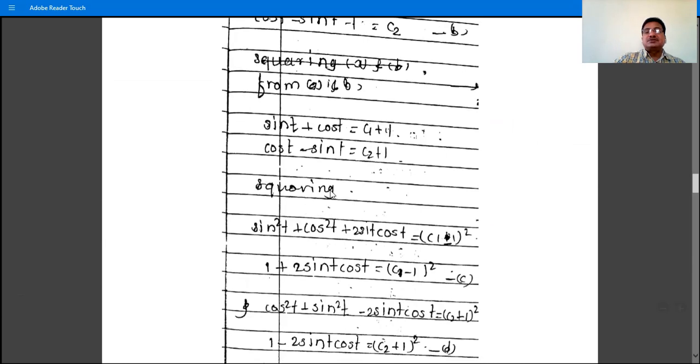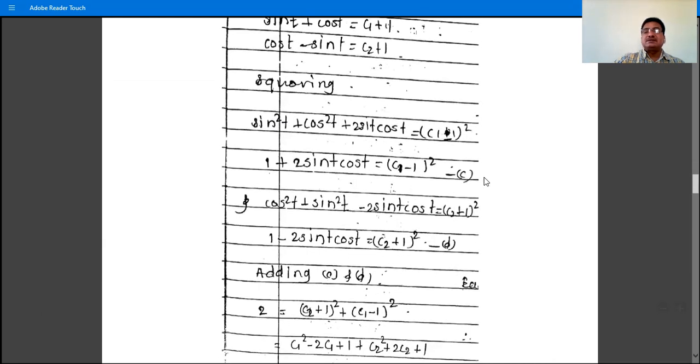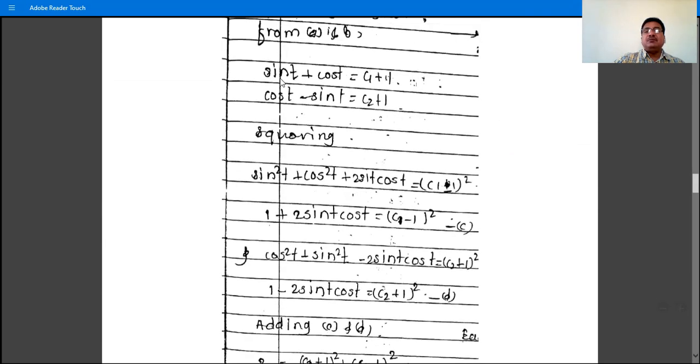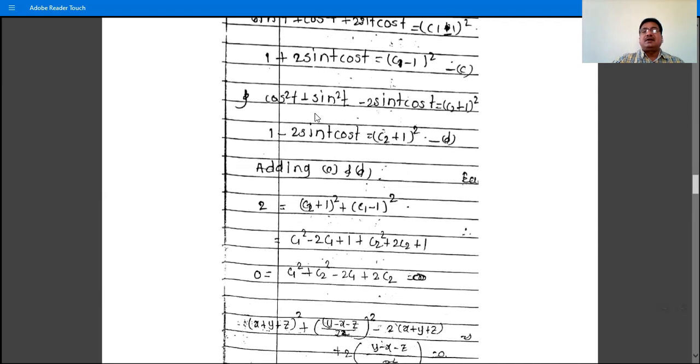So squaring these equations, what we have? Square of this is what? Sin square t plus cos square t plus 2 times sin t cos t is equal to (c1 minus 1) bracket square. That is sin square t plus cos square t is 1, and 2 sin t cos t is equal to (c1 minus 1) bracket square, suppose equation number c. And the squaring of this equation is what? Cos square t plus sin square t minus 2 times sin t cos t is equal to (c2 plus 1) bracket square, and sin square t plus cos square t is 1. So 1 minus 2 sin t cos t is equal to (c2 plus 1) bracket square,